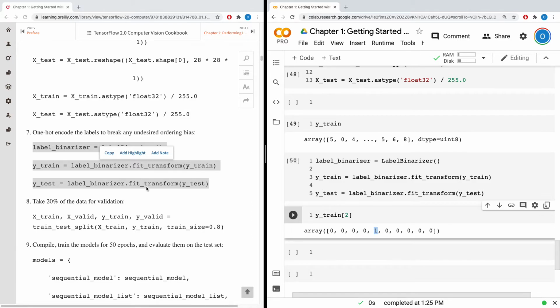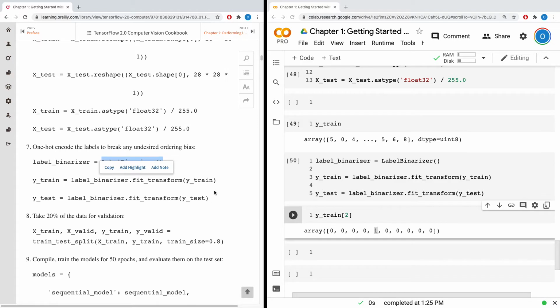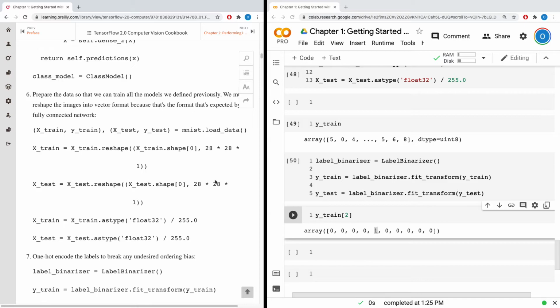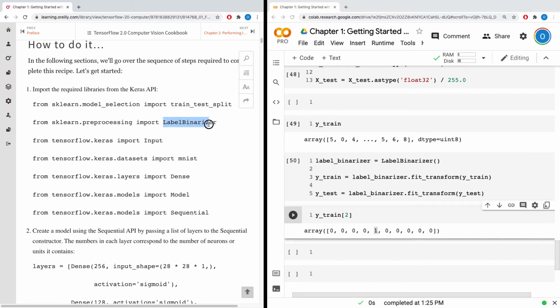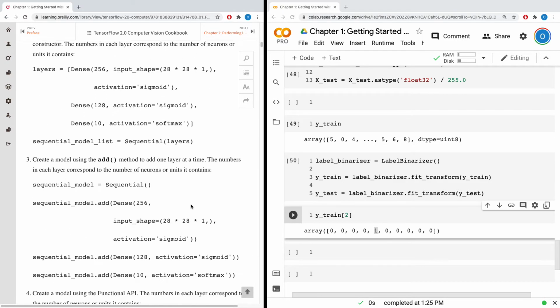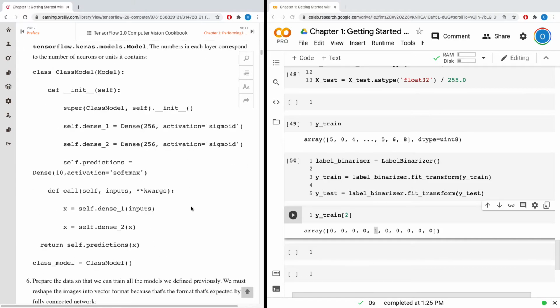So this is what the one hot encode the label does, and it's pretty standard using the label binarizer, and you will see that we imported that here. This is it. That's the preprocessing label binarizer. It's pretty standard. All right,